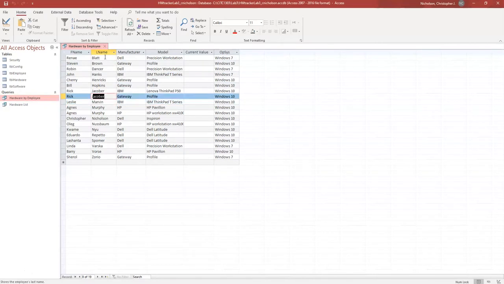So this guy's got 2 pieces of hardware assigned to him, because it's employee to many side hardware. So he could have both an IBM and a gateway. All right, that's fine. Agnes has a couple of things. Rick Jacober could have 10 things if you so desire to assign them to him. That's possible. But any one particular piece of hardware, and we don't do hardware ID, so we can't see this